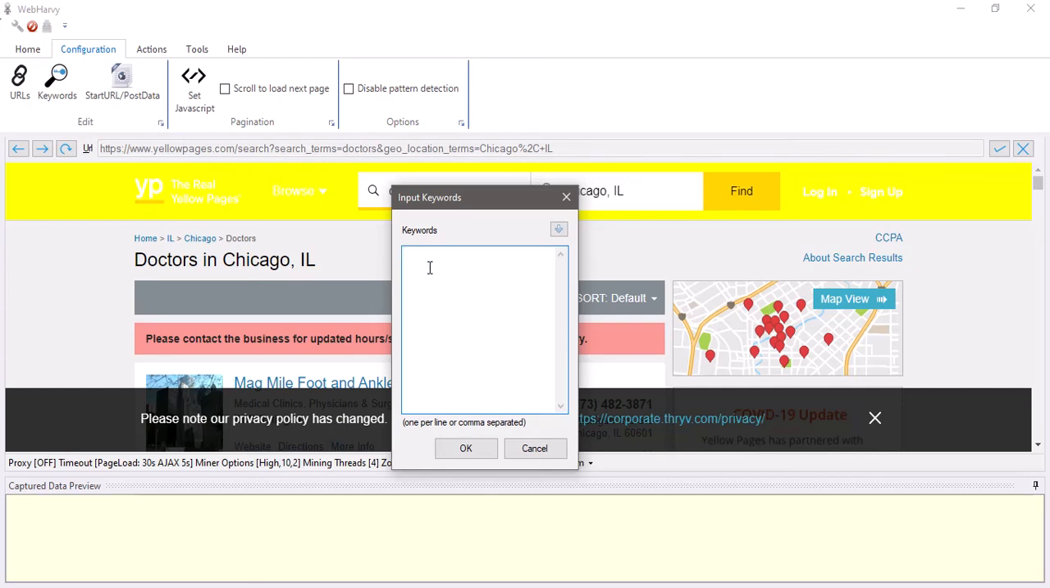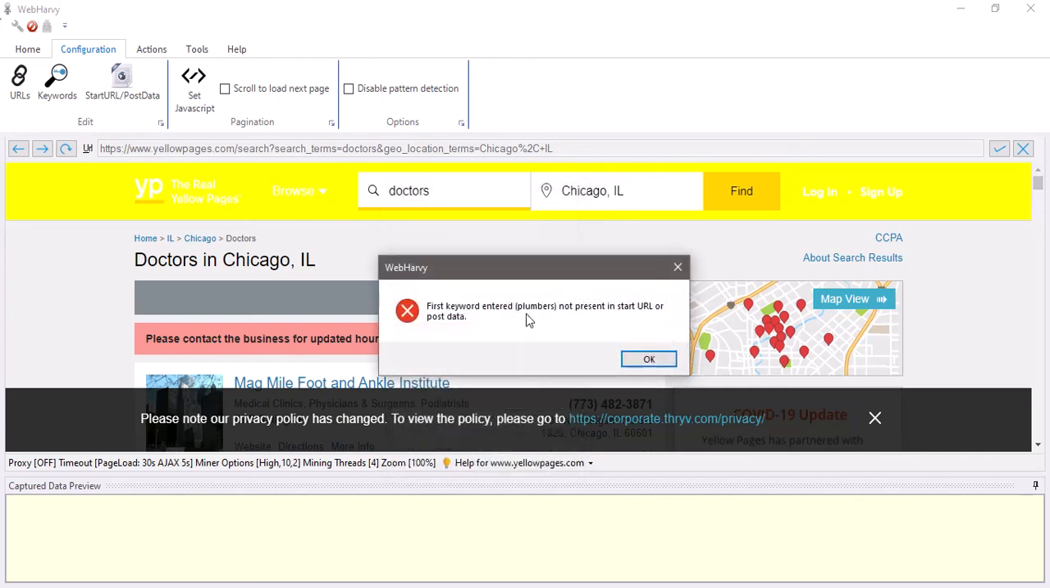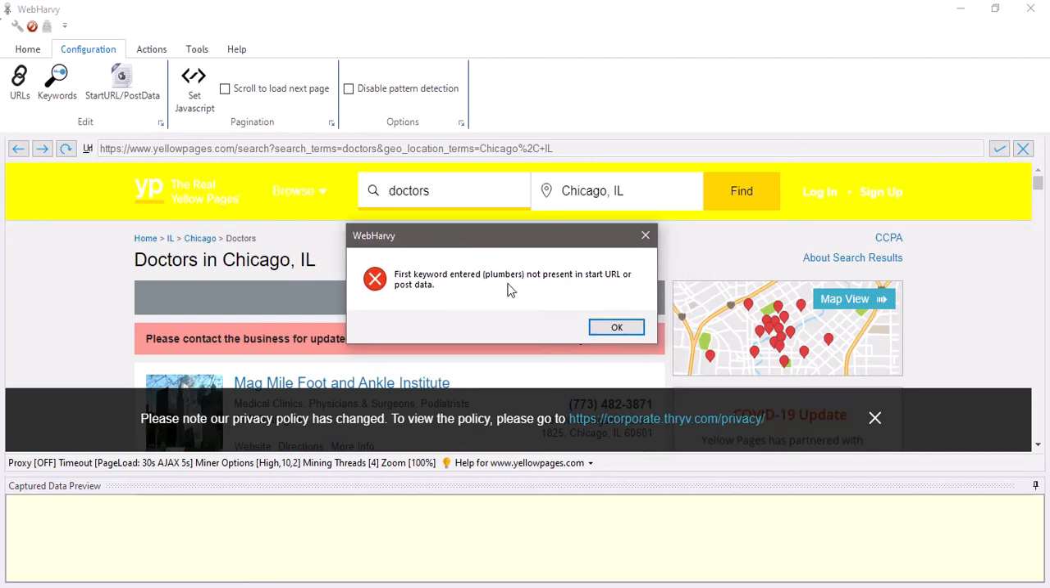So I can type in doctors first, because the term doctors is present in the start URL, followed by some more keywords, and click the OK button. But before that, let me try without the doctors keyword. If I try to add these two keywords, WebHarvy will display an error saying that the first keyword entered, which is plumbers, is not present in the start URL or